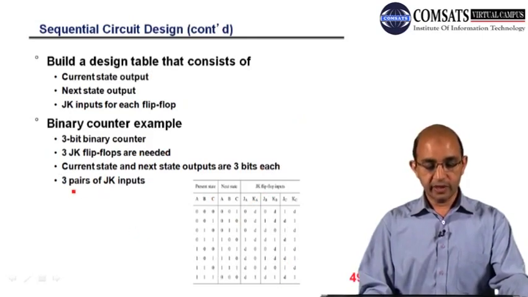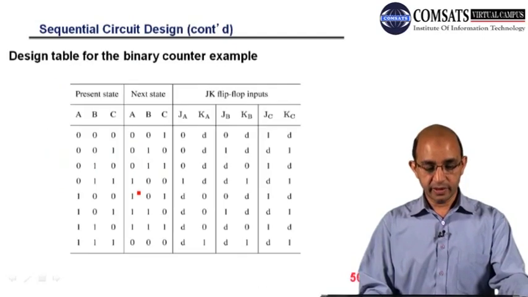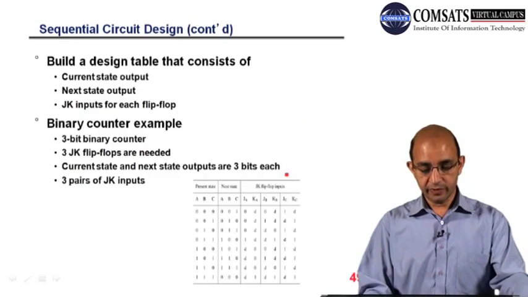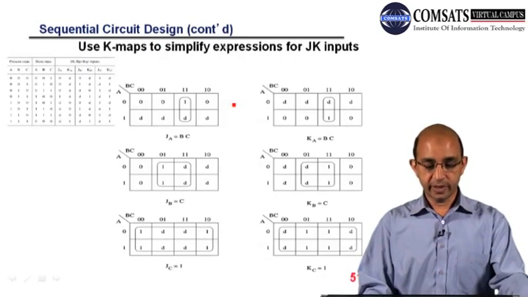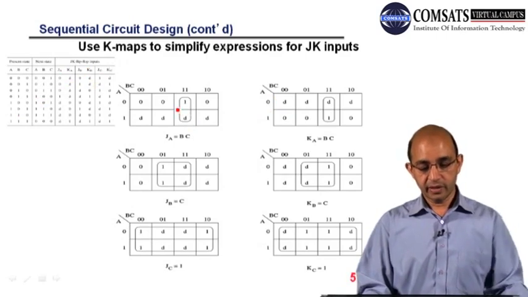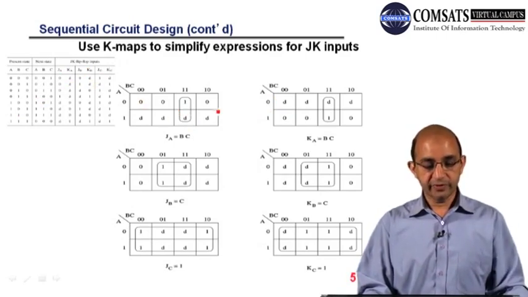So we need 3 pairs of JK inputs. This is the same table which we had before, and these are the inputs for the flip-flops. After having this table, you can call it the design table, we can have this simplification,